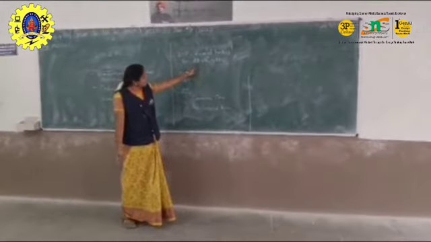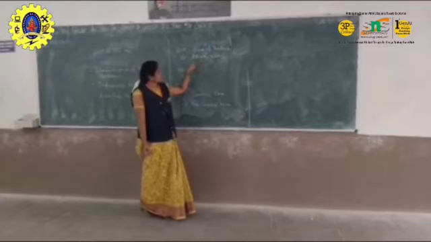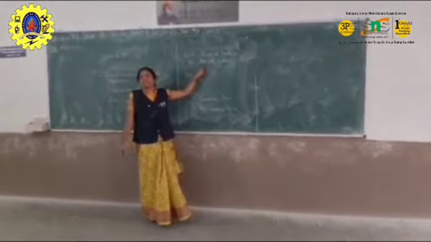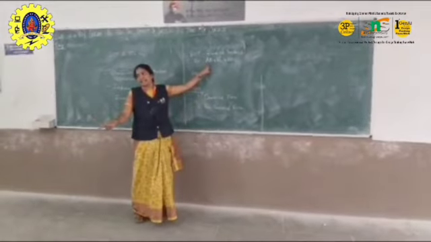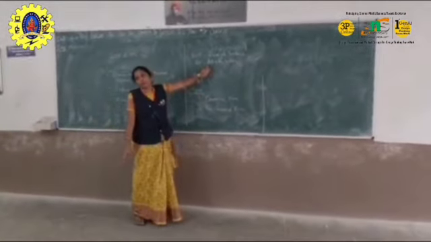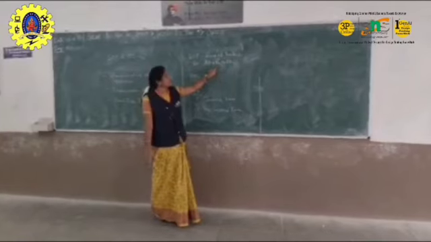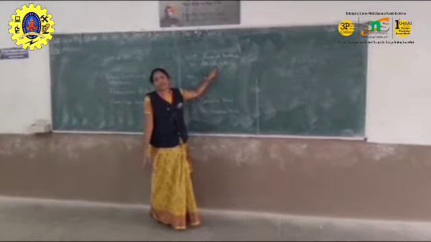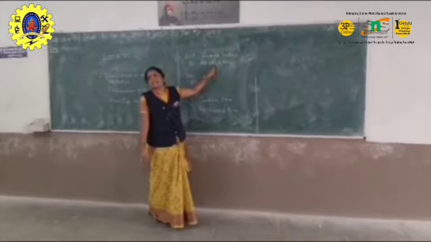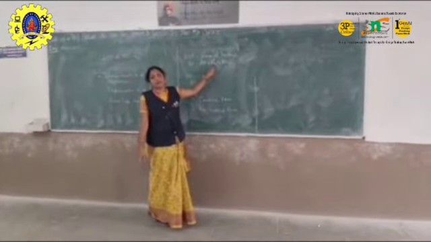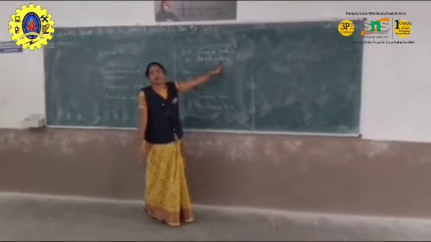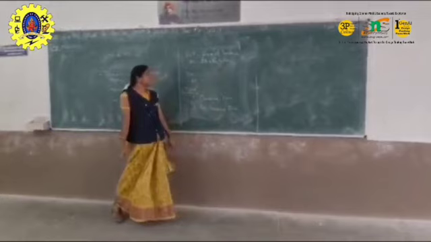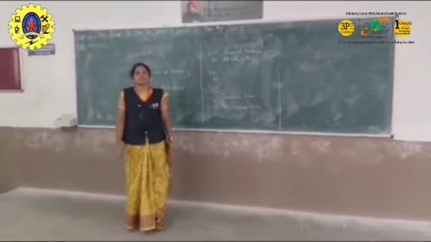In this expression, three variables are used. In the first term only two variables are present, and both are in true form. In the second term only two variables, B and C bar, are present. Here B is in true form and C is in complement form. And in the third term, all the variables are present.